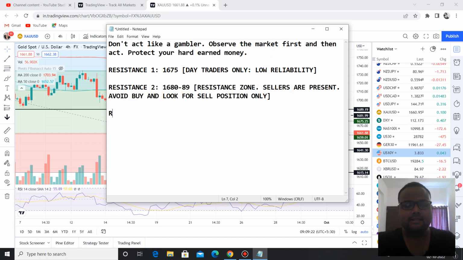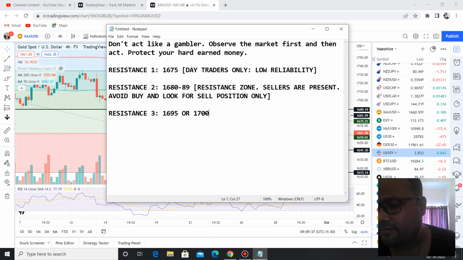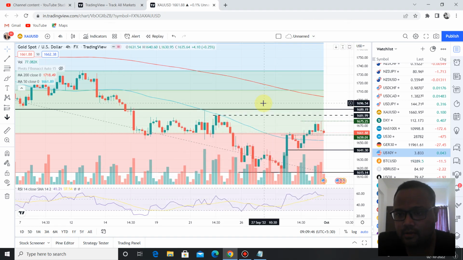And then resistance 3. Okay, if you are looking for resistance 3, then around 1695. Okay, 1695 or 1700, because of the 200 moving average. I cannot give you the exact figure right now because that is a dynamic resistance. Okay, now let's look at the supports. First of all,